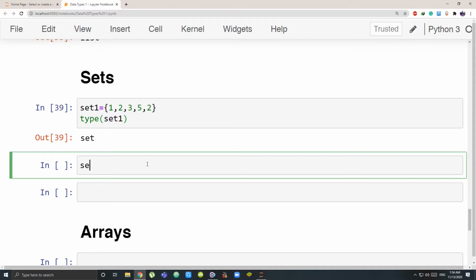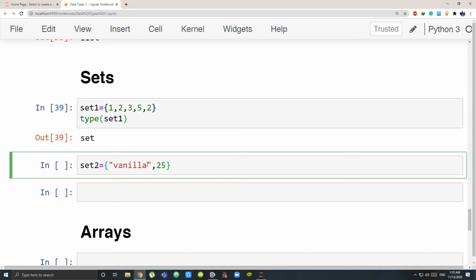Now what does this make a difference? So suppose I have my set 2, which is equal to, I'm having a string, vanilla. Another thing that I'm having is the price of vanilla, 25. So I can have in a tuple different data types. They can be strings, tuples and integers or floats, any of the numbers, or boolean.